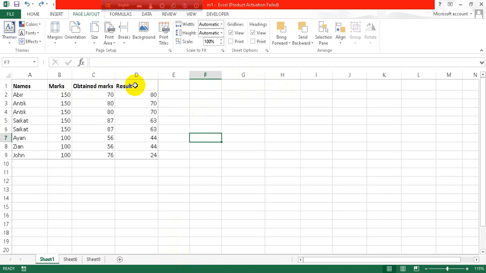What I would do is simply click on one of the cells, or the header cell, in the D column and simply drag and select the whole data,